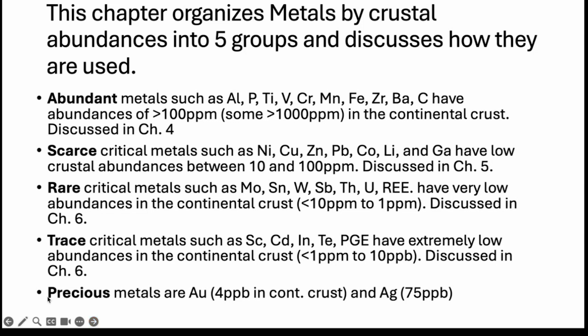There's abundant metals, there's scarce metals, there's rare metals, there's trace metals, and there's precious metals, right? And everybody loves gold. Gold's our favorite metal. I suspect if you went out and took a poll of the average person, like Jay Leno used to do, for those of you that remember Jay Leno, what's your favorite metal? People would probably say gold, but